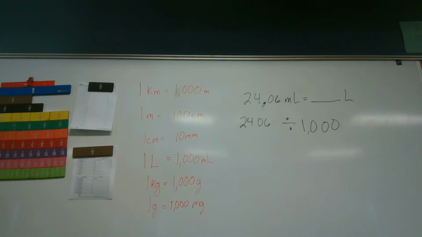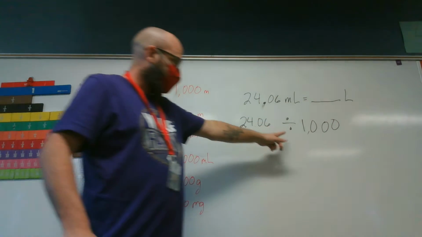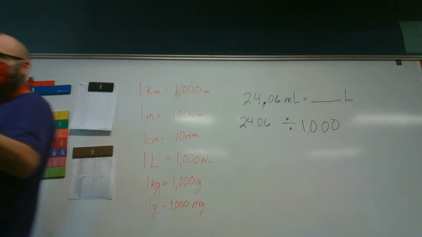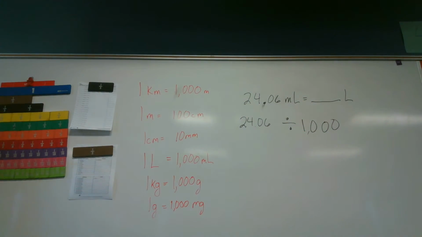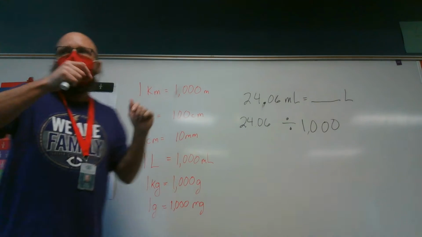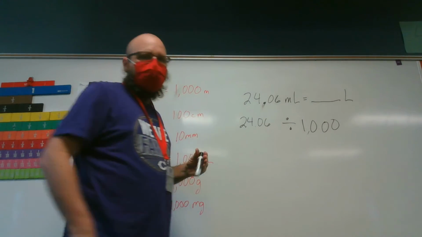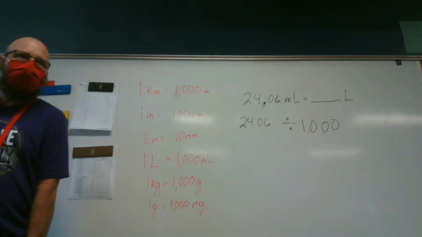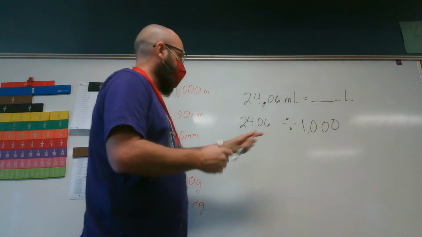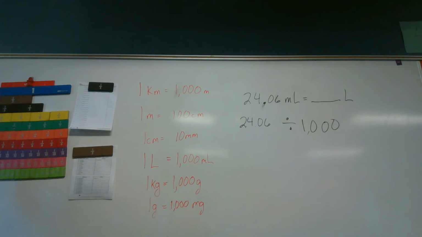So if I'm dividing, I need to make this number smaller. Making the number smaller means moving it to the left. And I have to move it to the left 3 times. So if I take this and I move it to the left 3 times, because I'm making the number smaller,